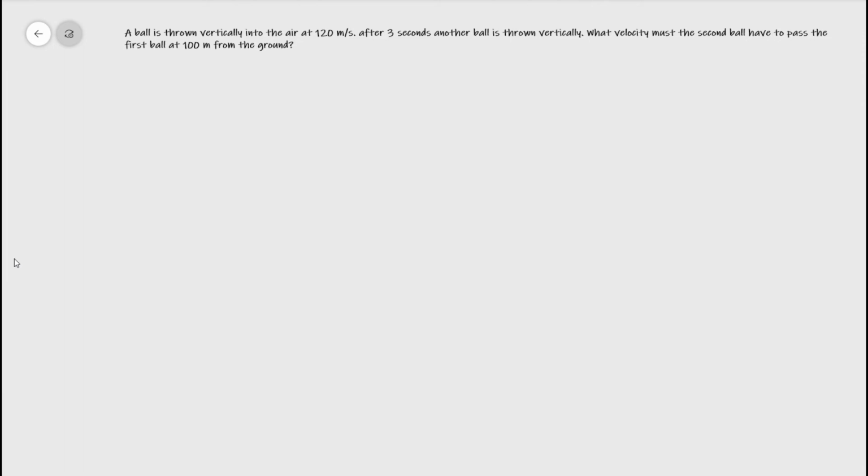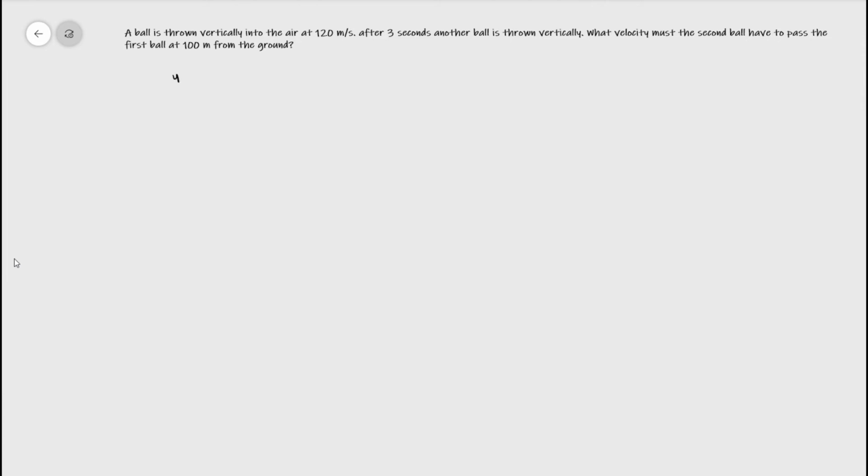Okay, again, before we solve that problem, let's first determine the distance traveled by ball 1 after 3 seconds so that we can draw whether both of them are traveling upward, or the first one is traveling downward and the second ball is upward. To explain that, let's first get the distance traveled by the first ball after 3 seconds using our kinematic equation, that is